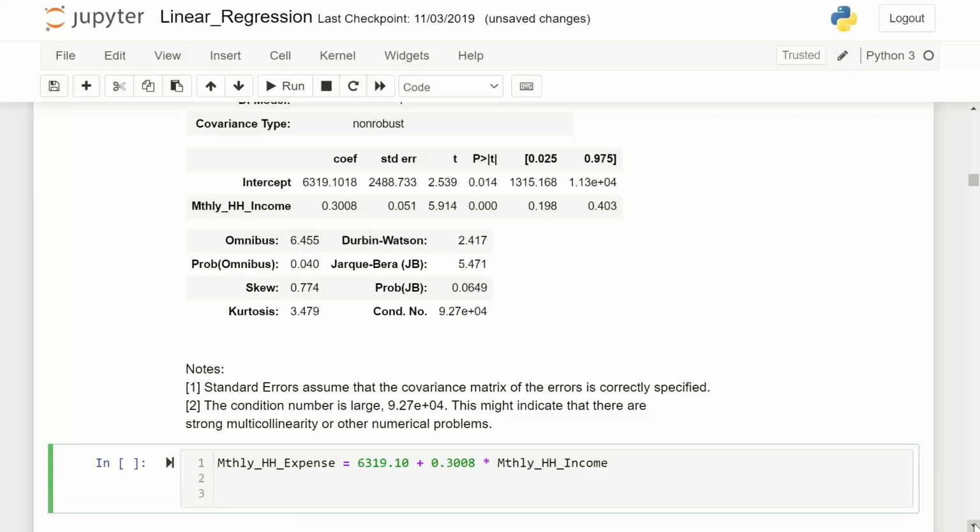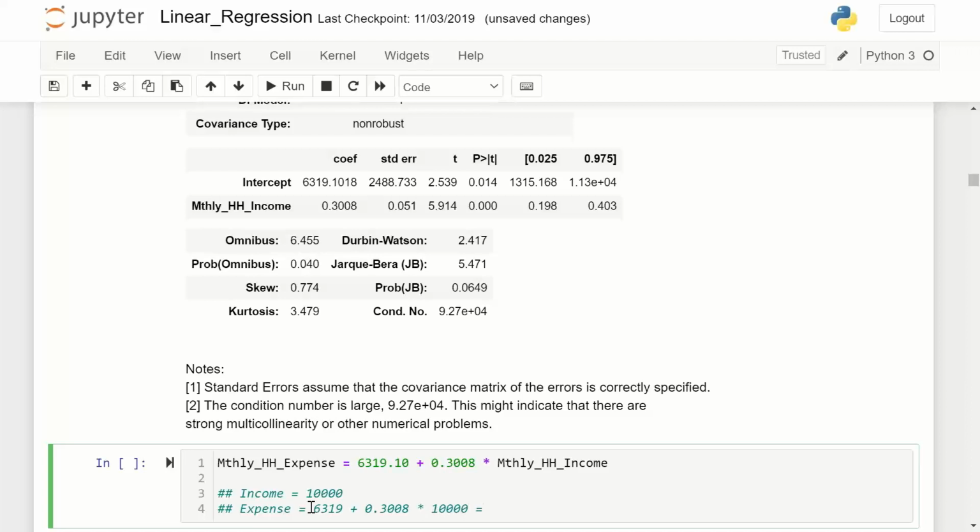Now if I say a family has monthly income, I'm simply writing income is equal to 10,000. Using this equation, if I have to now estimate the expense, monthly expense, the expense will be equal to 6319 plus 0.3008 times 10,000.